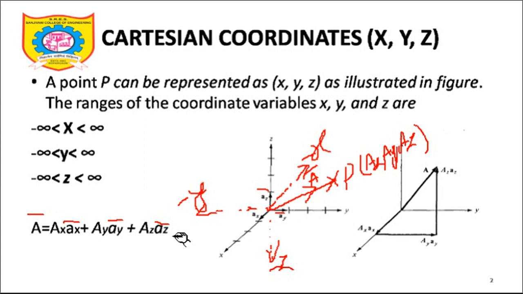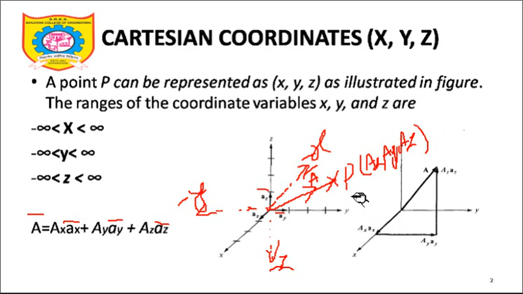Once these basic things are clear, then we will carry forward our discussion to the next coordinate systems, where we will try to understand how a point can be represented in certain other coordinate systems. Those coordinate systems are also orthogonal coordinate systems. So right now we'll stop our discussion of the Cartesian coordinate system at this point, and you can see here this triangle also for understanding the vector concept. So if I draw a vector here, it will be ax bar, ay bar and az bar, which are the coefficients of any point P or any point A you can consider, no problem about it.